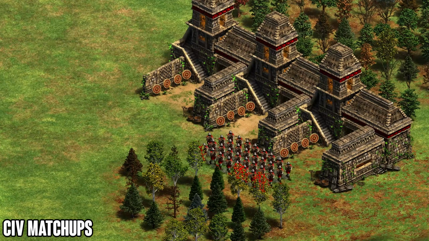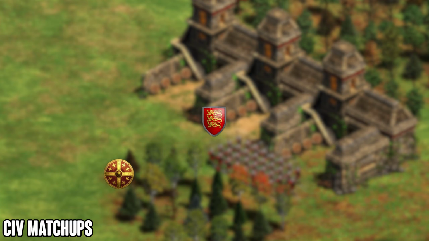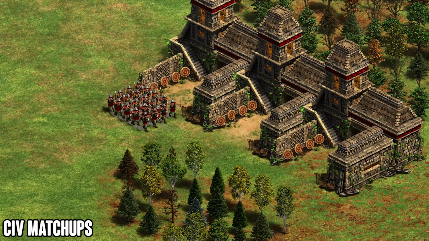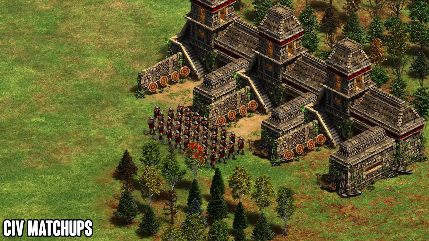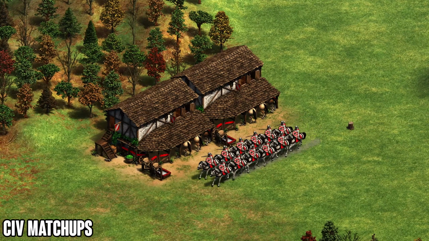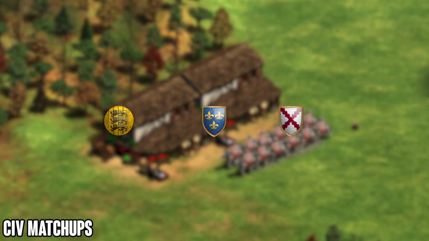So the worst matchups for the Spanish are going to be strong archer civs, namely Britons, Ethiopians, Mayans, those kinds of civilizations that can be very oppressive with their timings and don't let you get to conquistadors at all. And on the flip side, the best matchups for the Spanish are the ones that depend a lot on their cavalry, like the Franks, the Bulgarians, or the Burgundians, who really want to get out a lot of their cavalry in the early game